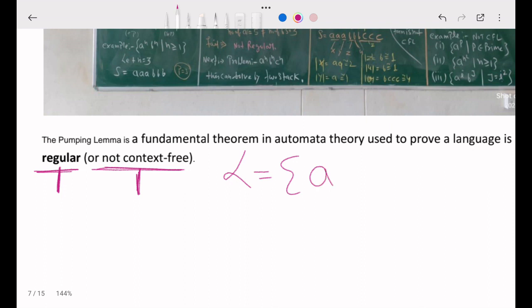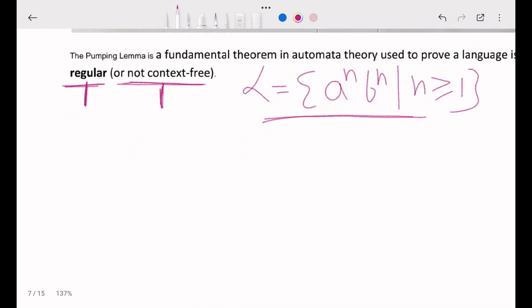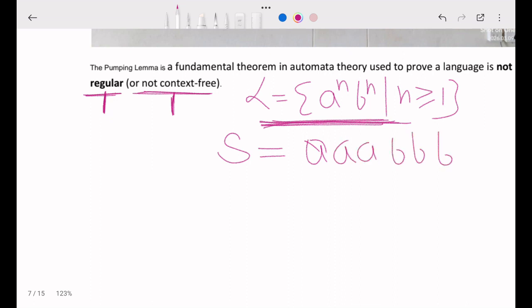Suppose this time we ask this question in your exam, n is greater than or equal to 1. Prove that this is not regular. I am solving this question at first. To solve it, I am writing some restrictions. Suppose I am taking one substring of this language, a and b. This is my one string. If I am able to divide the string in 3 parts,